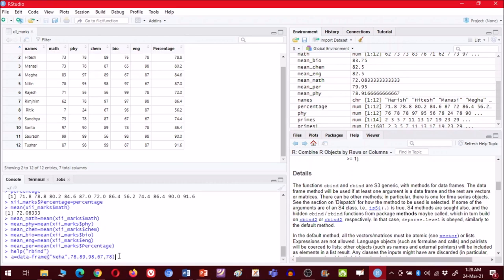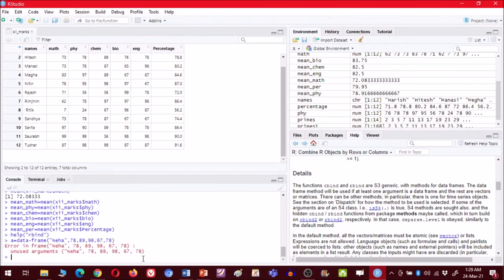So what this will do is create a new data frame. And we will have to get the percentage also, because we have to get the same number of rows also. So this row we could have added before adding the percentage column. But what we can do is find the percentage also. So okay, for now let us run this.